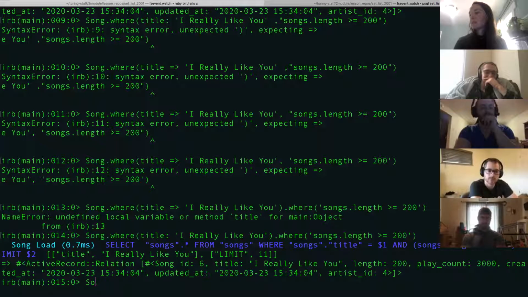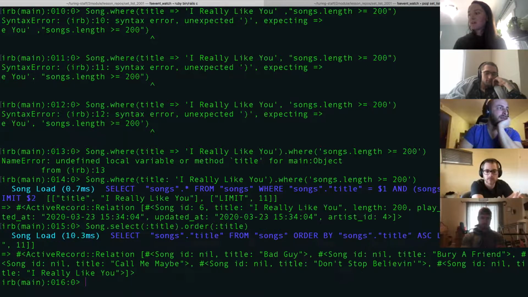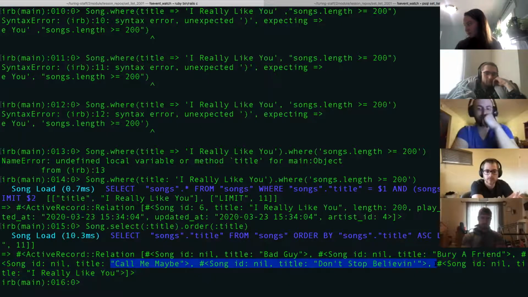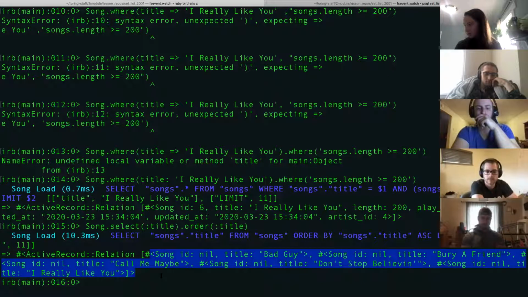So let's run through those examples that we had before. Let's say Song dot, I'm not going to select anything just because I don't like seeing those nils. And actually, to get to what Mike, you were saying, I will have to select something. So let's say select title, and let's go ahead and order. Order is the command that we're going to use here. Order by title. And so I get Call Me Maybe, Don't Stop Believin', I Really Like You. Oh, there's more up here. So I get all those songs back to me, and you can look at the titles and see that they're